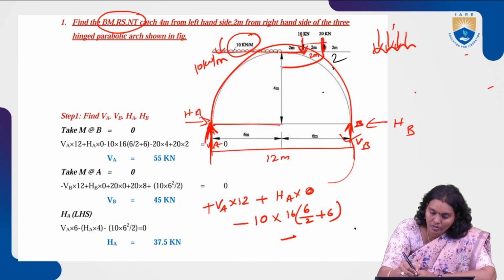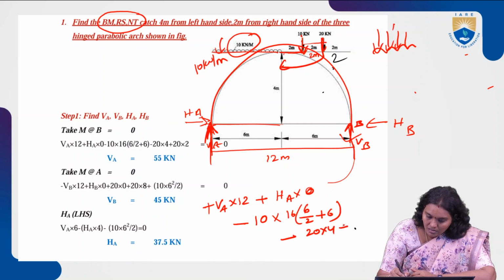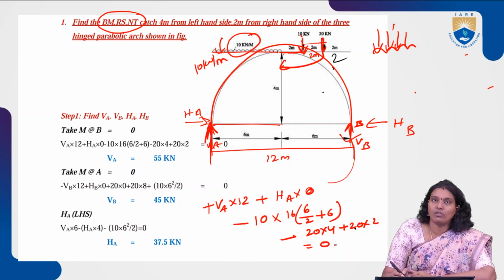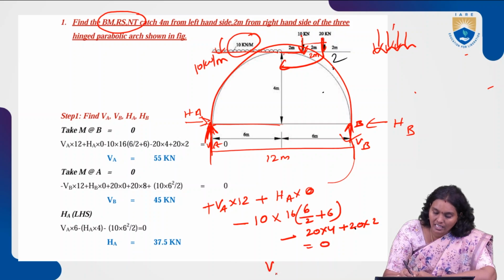From here to here we are considering 20 into 4, and also plus 20 into 2. So finally this is equal to 0. After doing all the calculation, we will get